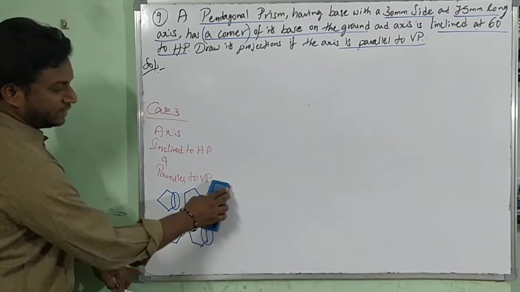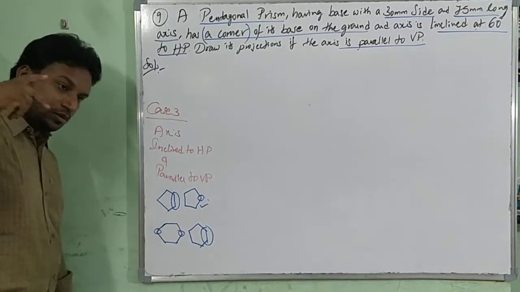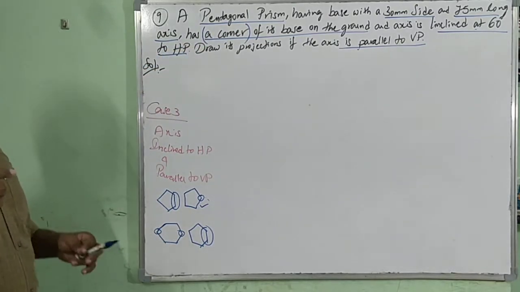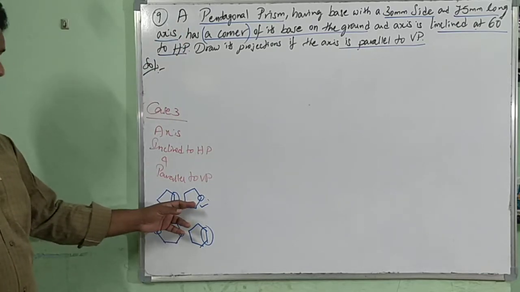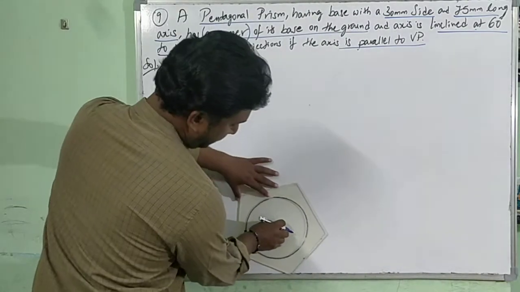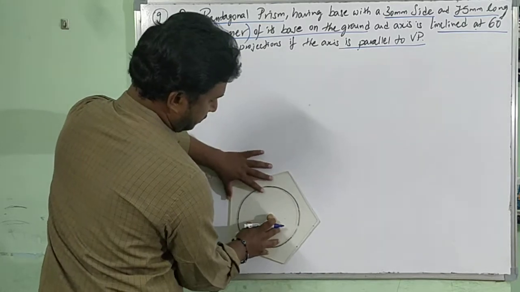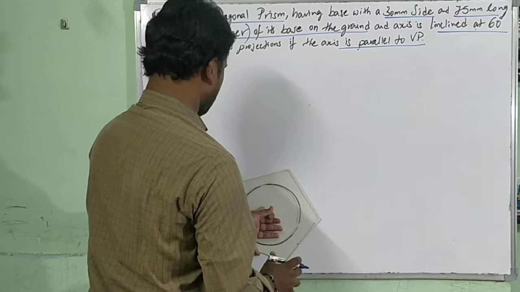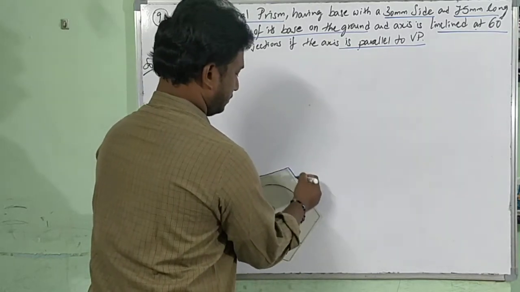Hope you all understand this explanation. That initial thinking should be done when you read the question. If you keep practicing these questions, automatically you can recall this is the answer. So first shape. I'm trying to draw the two shapes so that it will be easy for you to understand when you draw them.